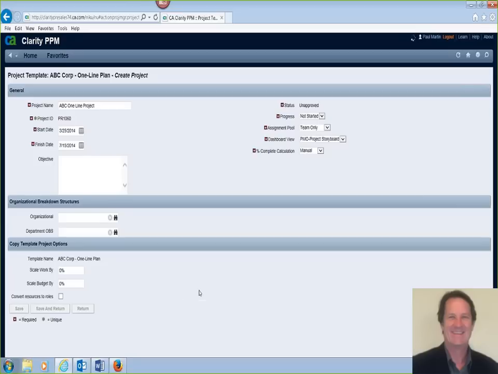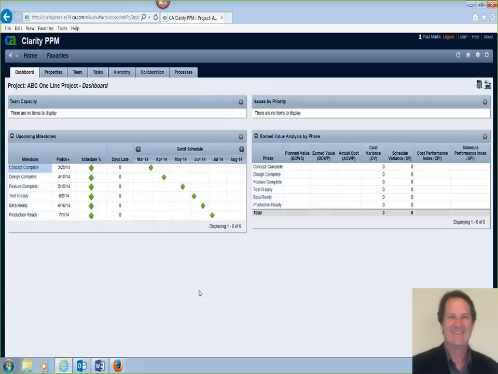So what this does is it creates a project based on the template I selected. So everyone in your company who is going to plan at the one-line level can use this template. And what they get is some standardized planning and metric capability. So for example, we're on the project dashboard now, and just by creating the template, I have the key milestone that you want to track for all projects, regardless of what level they're planned out. And then they're distributed across standard time estimates for typical projects. So you're already starting off with a standard, simple project plan.